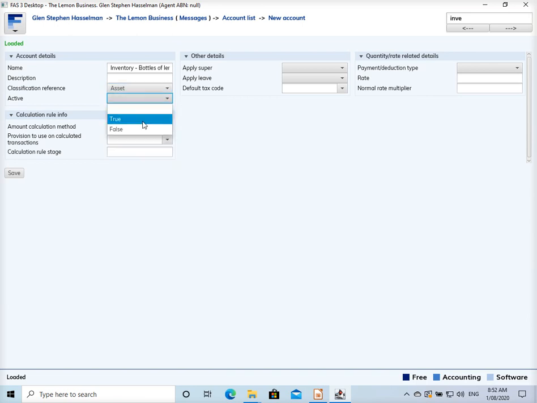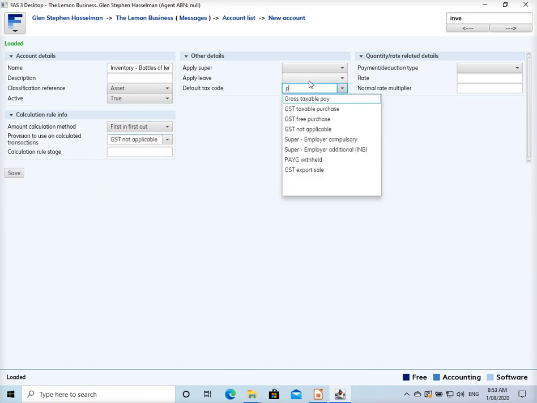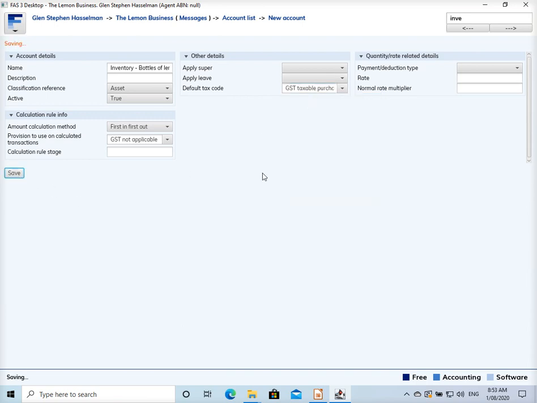Asset, we're not actually buying this, we're manufacturing it, so it's probably irrelevant to have a tax code there, but if you did, it would be a GST taxable purchase. It won't hurt to put it there anyway. Okay,